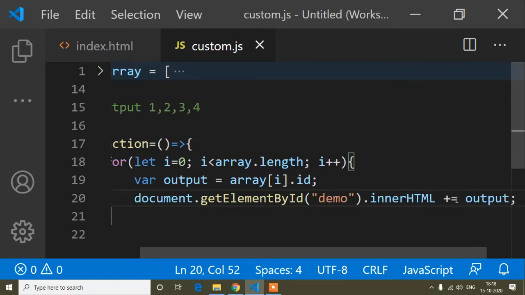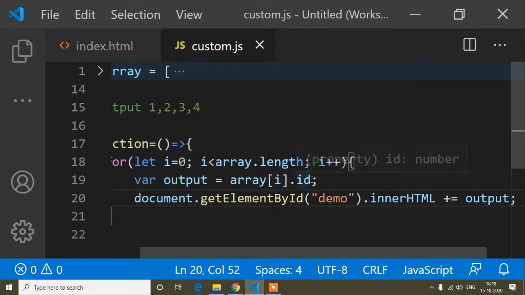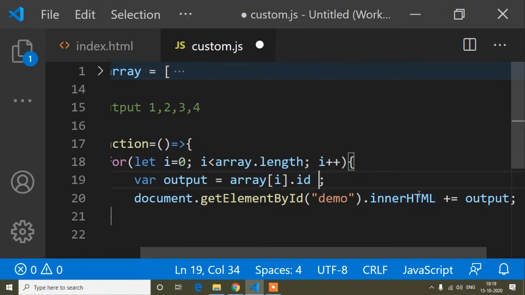Now here I have to add a comma. How can we do that? Here you can write plus and comma as a string value. I will use inverted commas, because when we write a string value we use inverted commas to denote it's a string. So comma is a string, so I will write it inside single inverted commas, and inside I have written a comma.